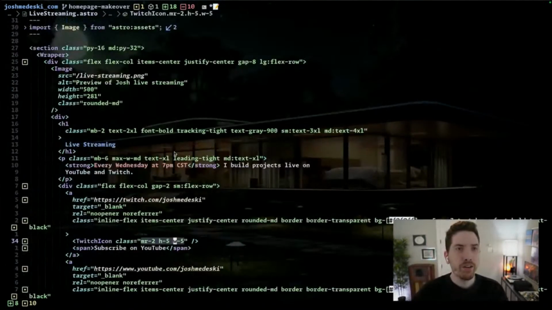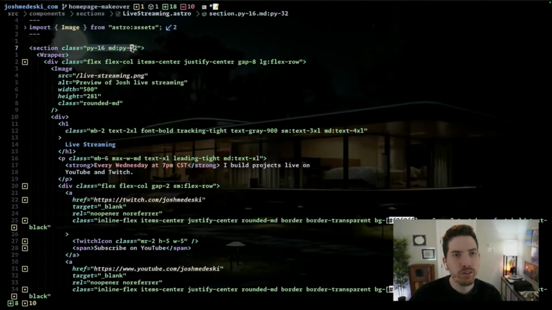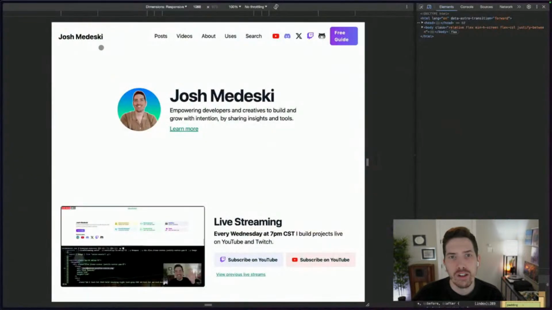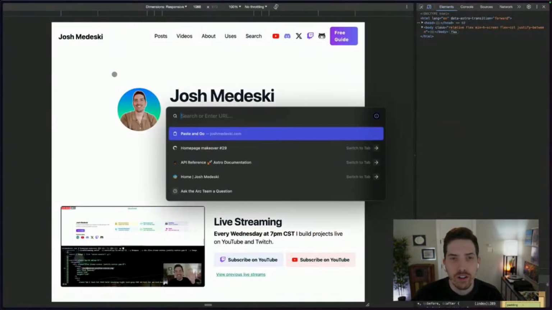I think right now the thing that's standing out to me is I don't love the style in which I'm doing this. So it's going to be like padding top 16 and then padding top. There's like a couple ways around this. Actually, let's first do this. So I was going to try to create a little bit of flair. And the ways that I can think about doing that is